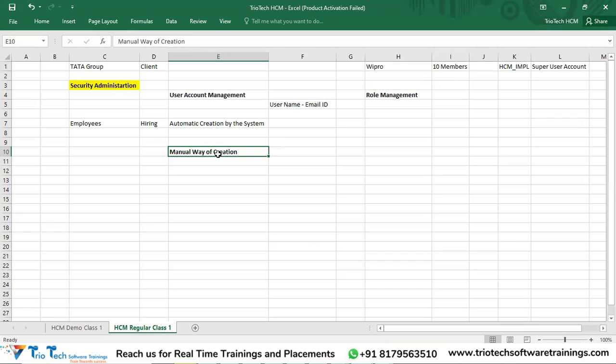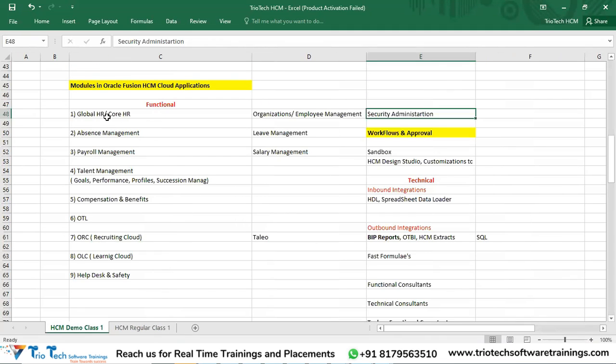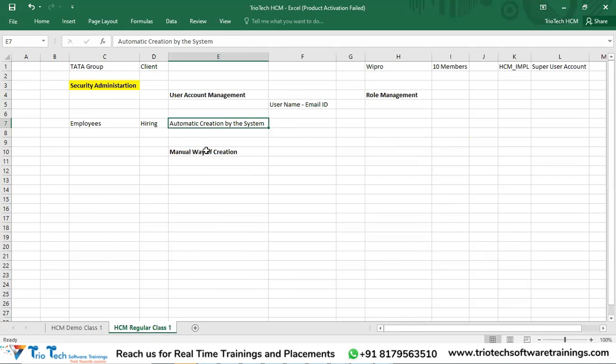So our main focus for today and tomorrow will be on this only. This automatic part you will understand once we complete our core HR module, because in core HR module only we are going to hire the employees in the system. Once you hire the employees in the system, I will show you how the user accounts automatically get created. But now our point of concentration should be how we can create the user accounts for any user manually